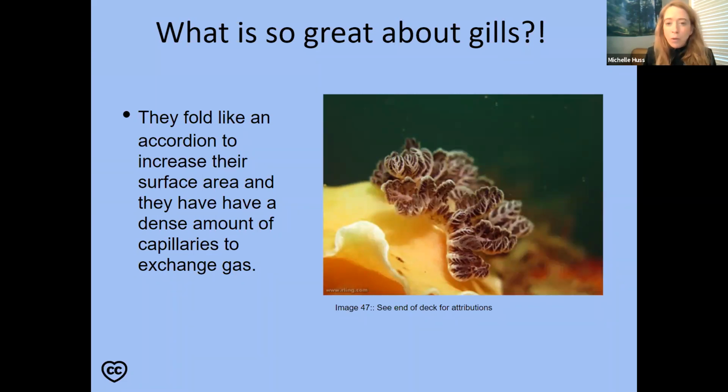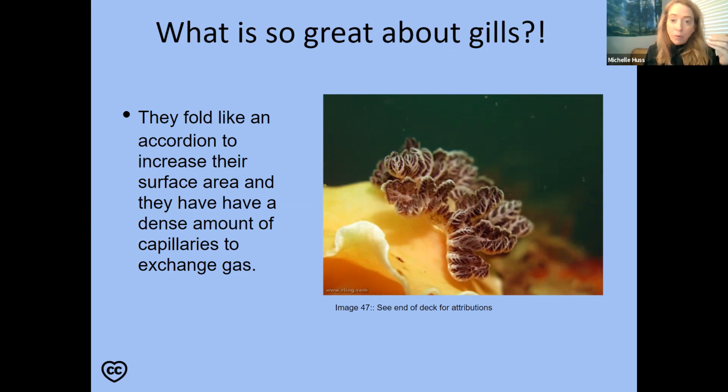So how does it minimize? What we'll often see is a folding pattern. Your lungs are actually not just round. Your lungs have these things called alveoli, these sacs. You don't need to know that name, but you have these sacs that look like grapes that greatly increase the surface area inside your lungs. In fact, I'm going to blow you away right now. If we took your lungs and flattened them out, they would be the size of a tennis court.